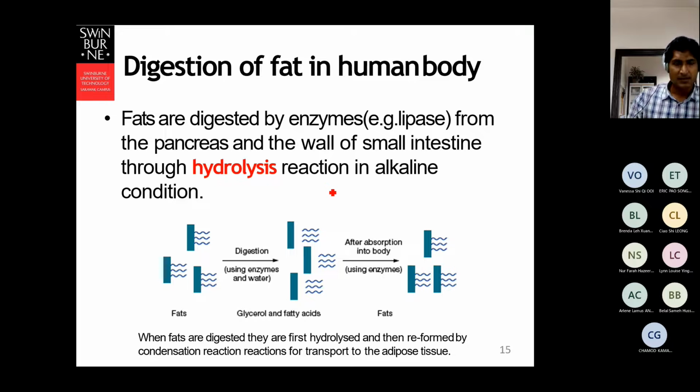It gives us energy. So in alkaline condition, the hydrolysis reaction occurs with the help of an enzyme for fat and lipid, actually lipase. The enzyme is lipase, which is responsible for breaking down this fat in our body. Lipase, the enzyme. We will learn about enzymes later on. So the lipase enzyme helps us to break the fat in alkaline condition, and it becomes glycerol and fatty acids,